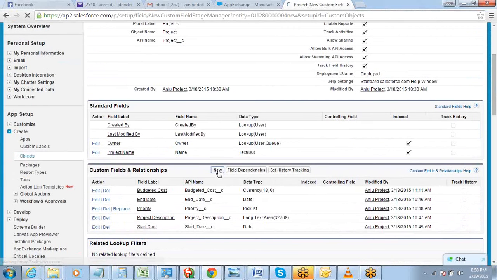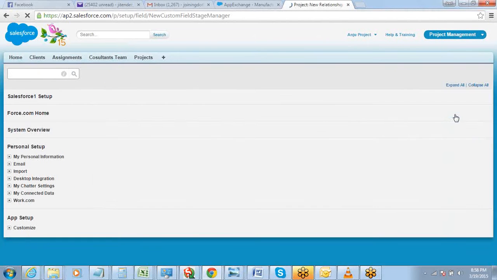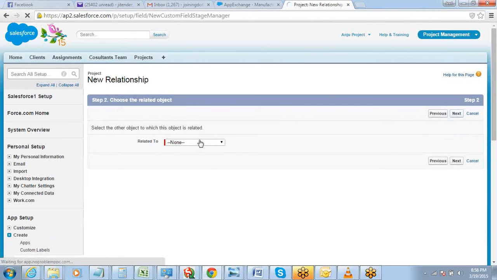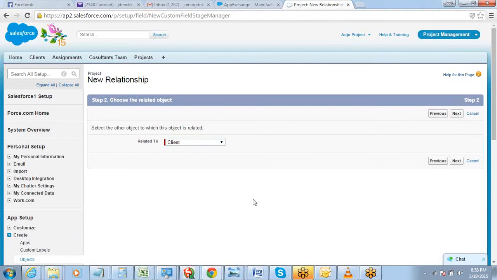New lookup relationship field. Click on next. And it's related to Client. Client, right. Exactly. Now we are good.